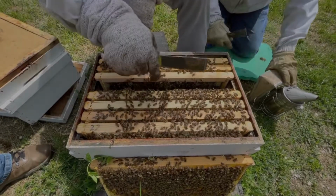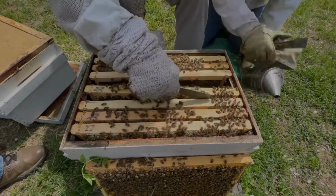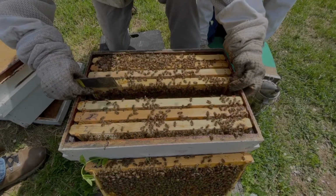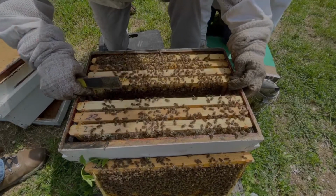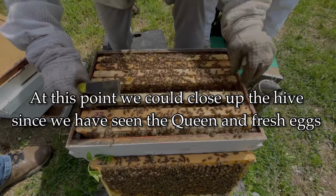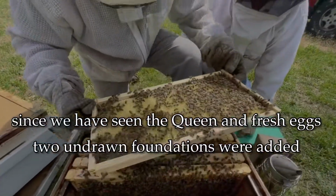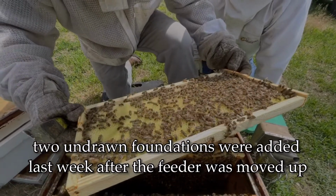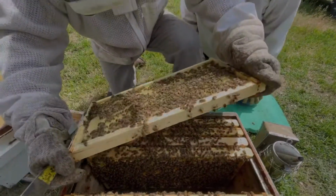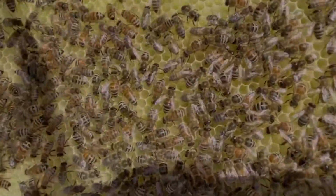Okay. Then I smoke. I can see that this next frame is all capped brood, and I don't want to take a chance on disturbing her anymore, so I'm just going to slide this over gently. There. And this was undrawn as well when we set it in last week. See what she's done here, if anything. Another gorgeous frame. Yeah, was that one of the undrawn ones? No, not yet. She'll get around to it, but they're not drawn out quite as much. What's that? Yeah, here's eggs. Yep. So you see she skipped the undrawn frame, even though we stuck it in between two,